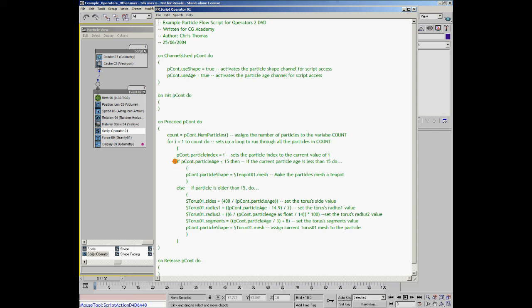Then it checks on something. It says if the particle age is less than 15, do this. I've got a comment here to explain what's going on. If this is true, it does what comes next in these brackets. The bracket gets opened here and closed here. So in between these 2 brackets, it does this: particle shape equals the shape of an object in our scene called T-pot 1,